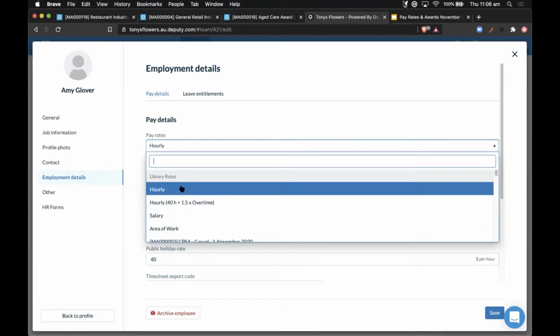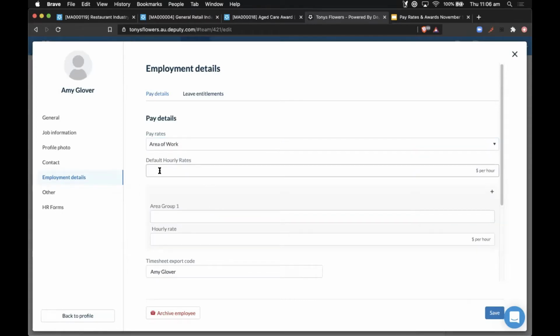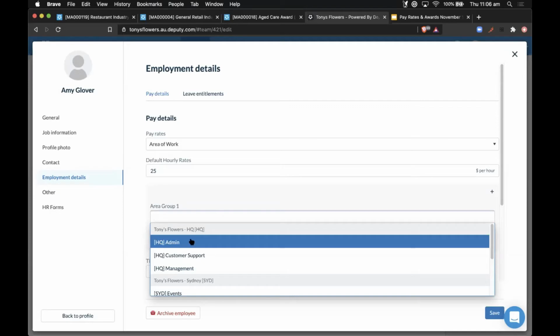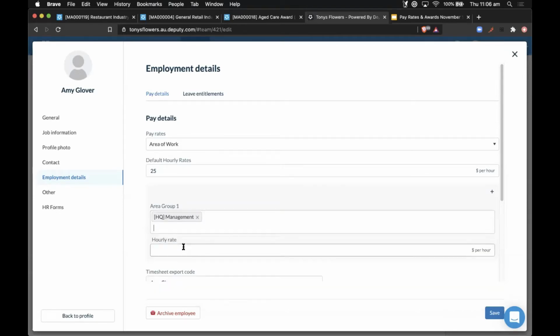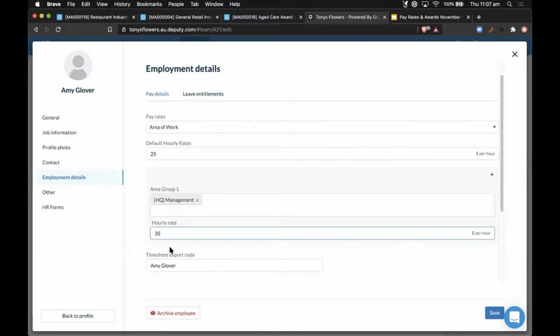So what we can do is not only have an hourly base rate for those days, you can set the area of work for the hourly. So you've got a default hourly like we just did before, like in Monday to Friday. And then we can actually select from the dropdown all of the areas that we've set up in this account already. So we can say that Amy here, their default rate for any working area is $25. But if they work as management in the management area, we might bump her pay up to 35. And that's basically how area-based pay works for hourly rates.